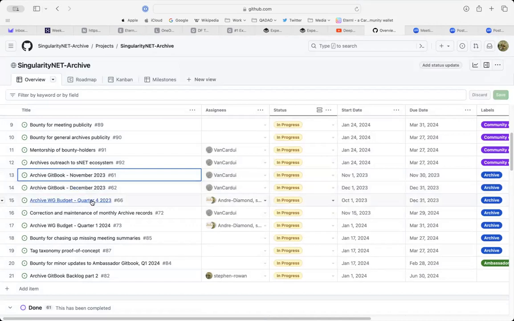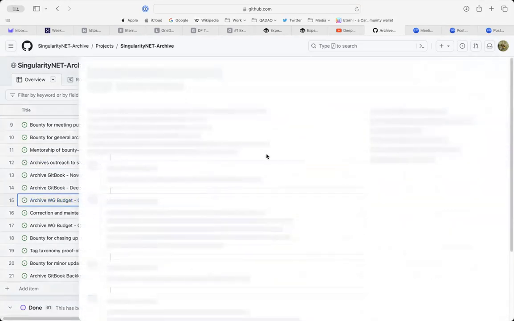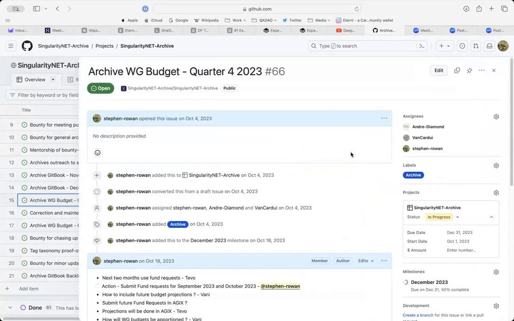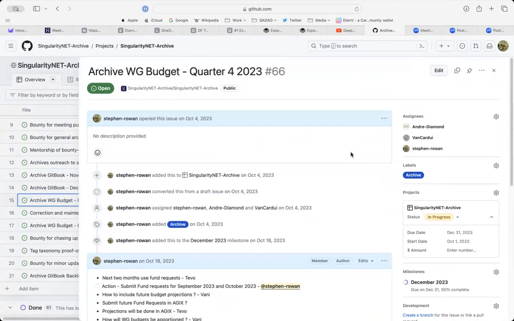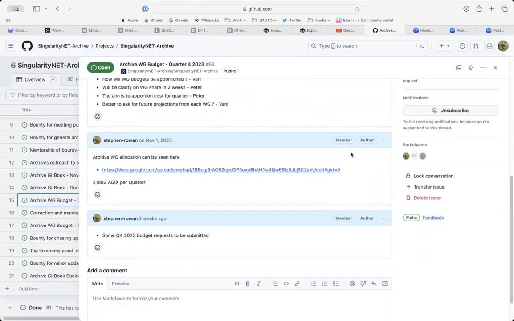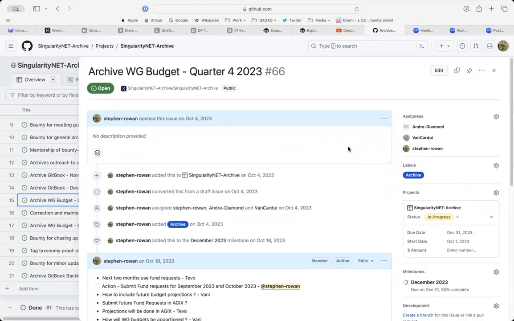Okay. Then we have the archive work group budget. Is there anything we want to add to this? That's for quarter 4, so is this finalized now? I think it's close to finished, Vanessa.